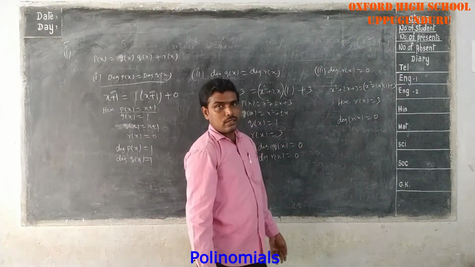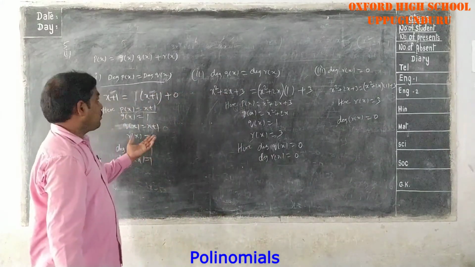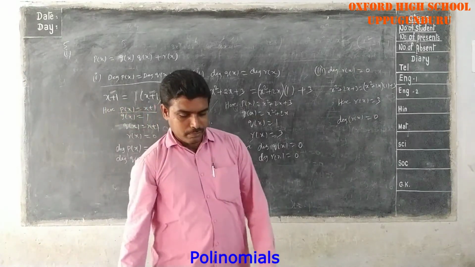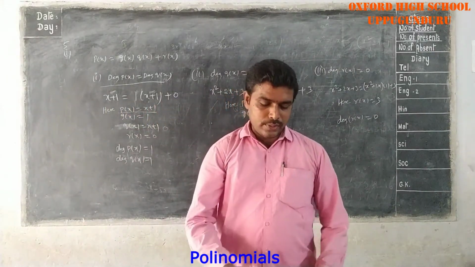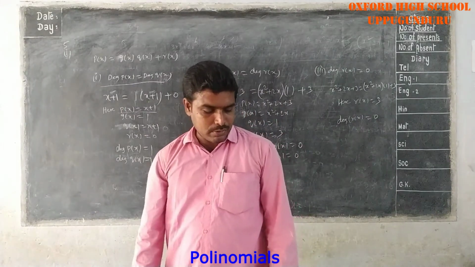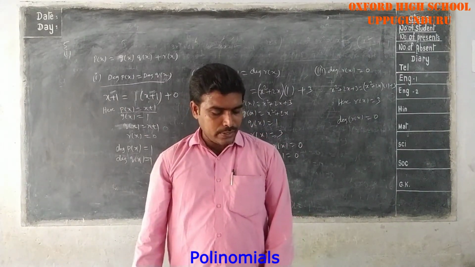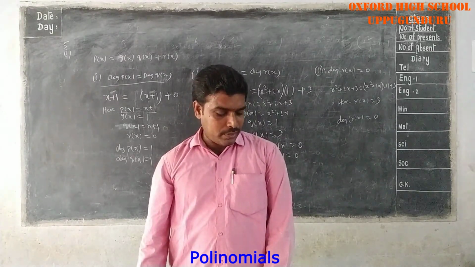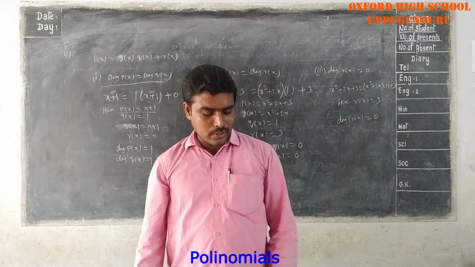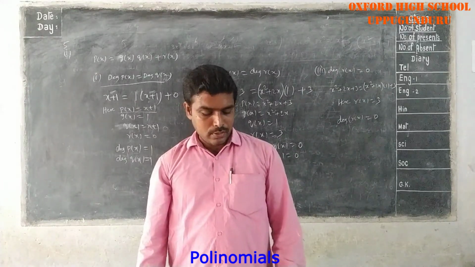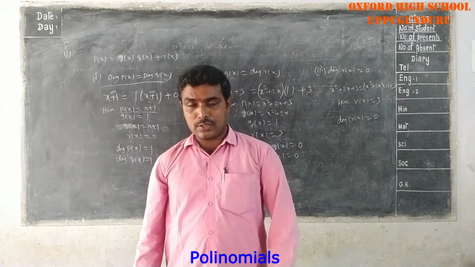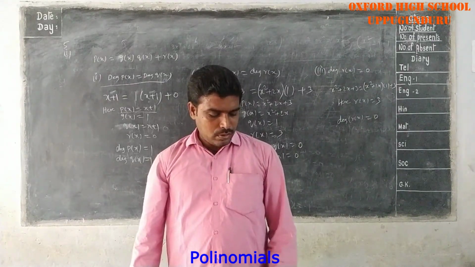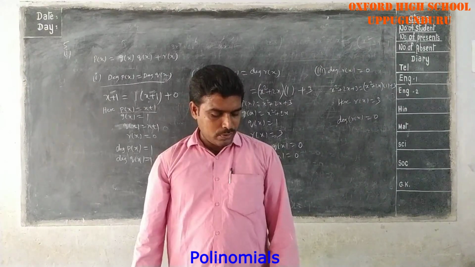So in this way you can write different examples for these three conditions. So up to this, exercise 3.4 is completed. In this chapter, except graphs, that is exercise 3.2 third Roman, remaining all problems are completed in this polynomial chapter. So we'll do the graphs in the next session. In exercise 3.2 third Roman, 5 graphs are there.